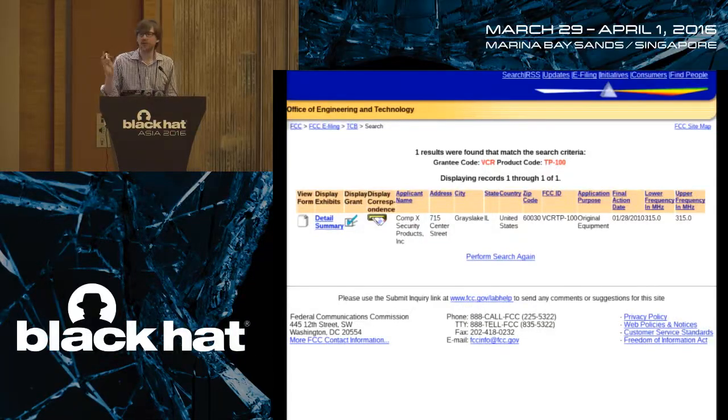This device is authorized to operate in the US from 315 megahertz to 315 megahertz. So that tells me pretty precisely what frequency it should be transmitting on. There's also a link on the left, that detail link, and if you click that, you'll get a bunch of documents that were filed by the manufacturer with the FCC, so you get like a test report and all kinds